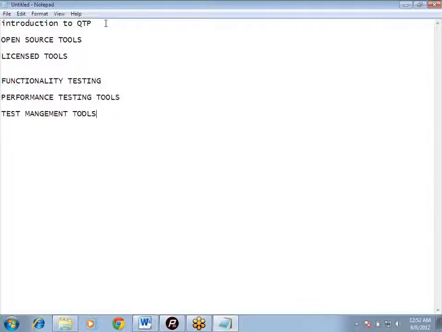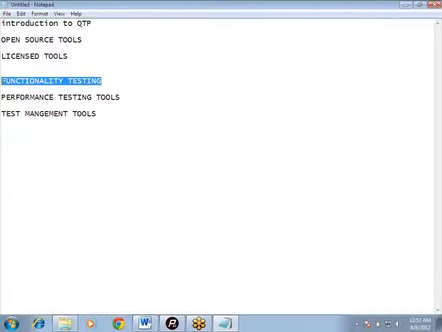Functionality testing tools like QTP, where we use this tool to check the functionality of our application. Functionality in the sense, suppose I need to check the login functionality of Gmail, I'll enter some valid username, some valid password, and I'll click on sign in. Then I'll check whether I am able to log in to the application or not. If I'm able to log in, it's working fine.